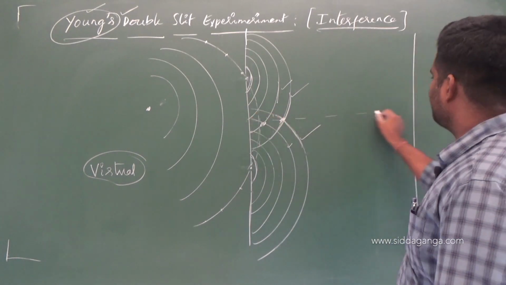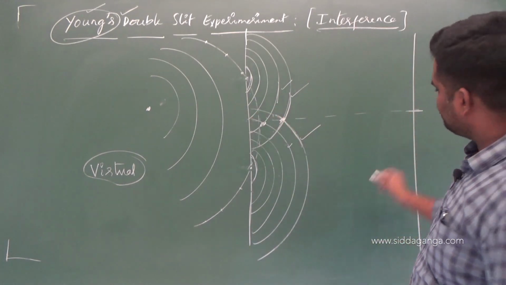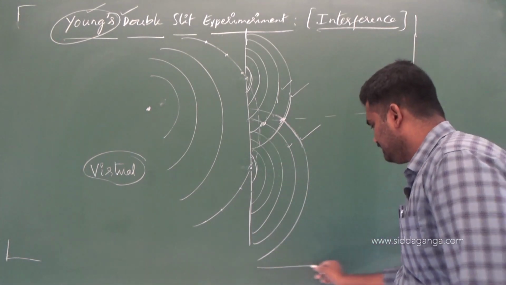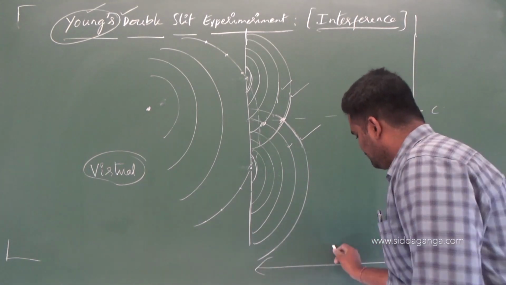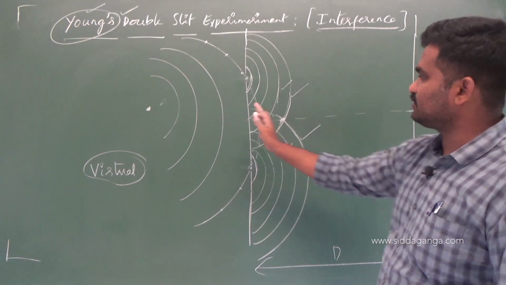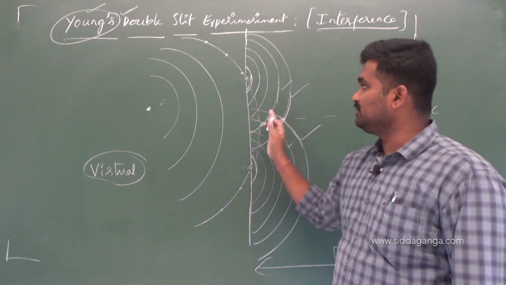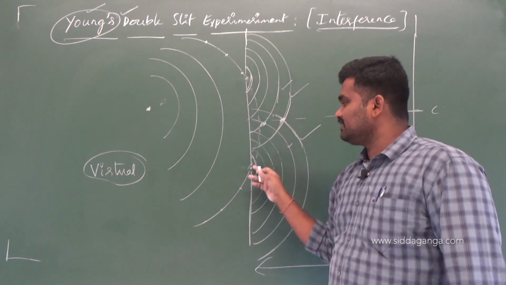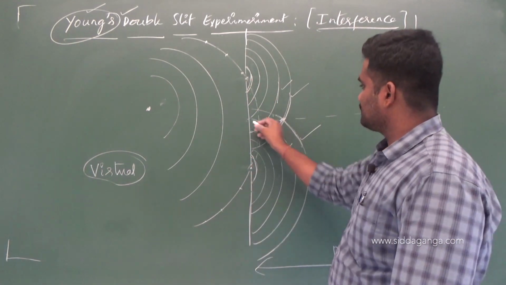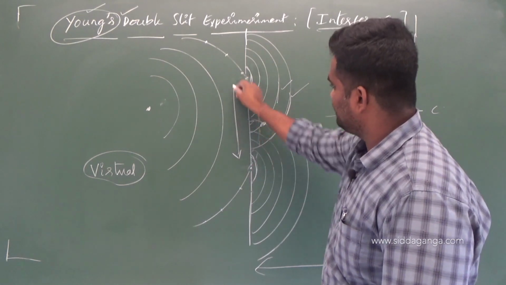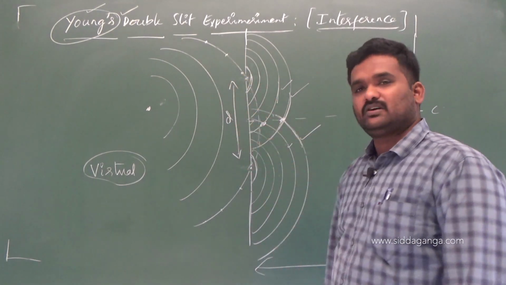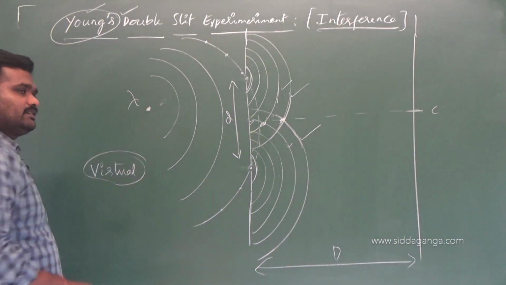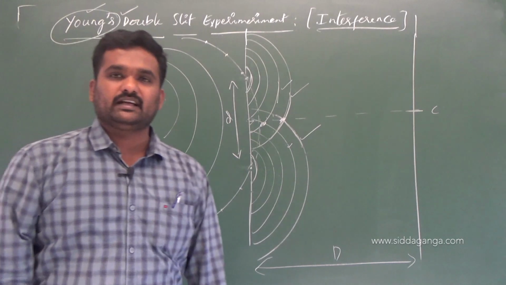If I take the center of the screen, somewhere at a certain distance D, he has taken a screen. This is the source now. Remember, this is not our source, this will be our source. Which type of sources are they? Virtual sources. The two slits are going to be acting as virtual sources. And let me say the distance between these two slits he has taken as some small d. And the wavelength of this light is from a monochromatic source.